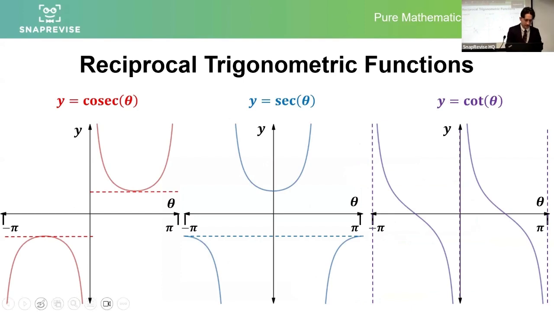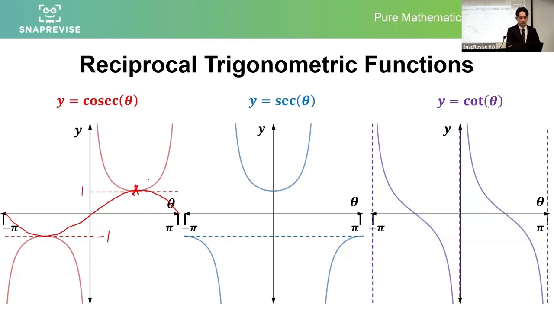Now, some people are so used to drawing these off the back of the sine, cos, and tan graph, they think they have to draw the sine, cos, and tan graph as well. You don't, but why we often do it is to help you work them out to start with. So basically, they exist around the sine, cos, and tan graph. So if you've got the sine graph that exists between -1 and 1,